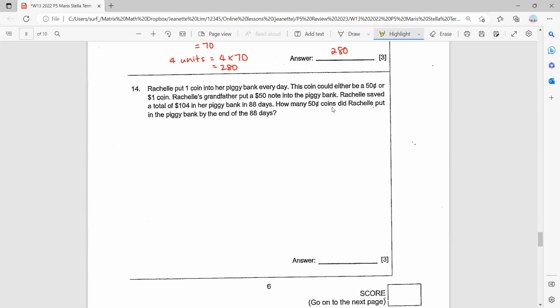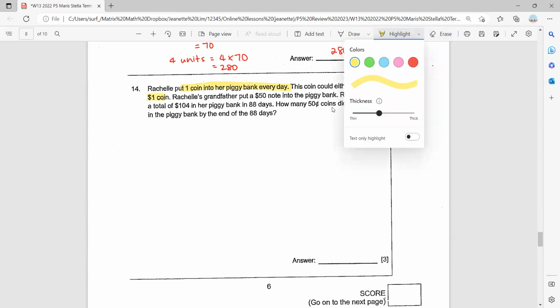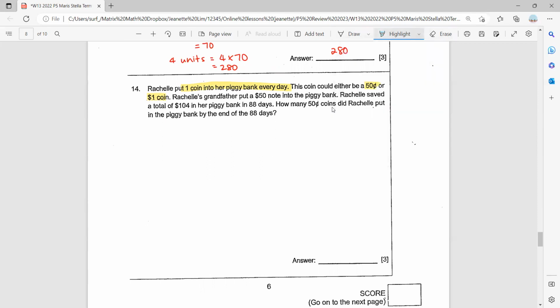Okay, so first, she will put 1 coin every day, right? So it's either a 50-cent coin or a $1 coin. Now, whereas the grandfather puts in a $50 note. Because we want to find how many 50-cent coins she put in, let's remove the notes first, okay? The $50 note. So if the total is $104,